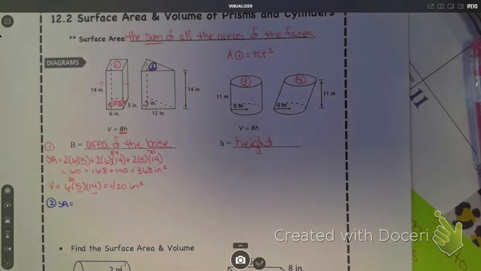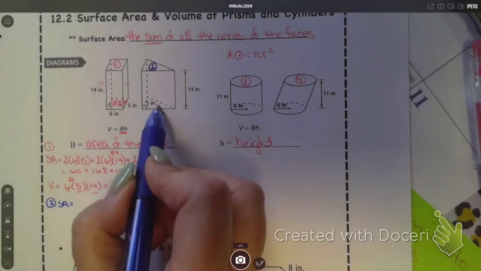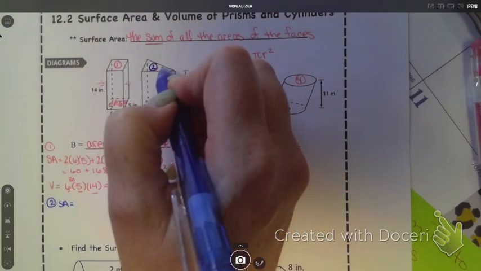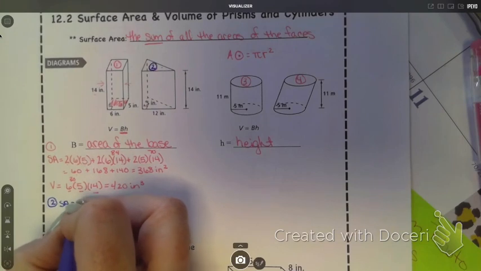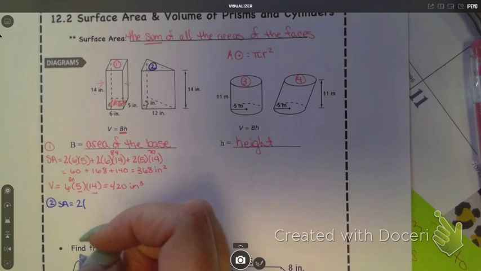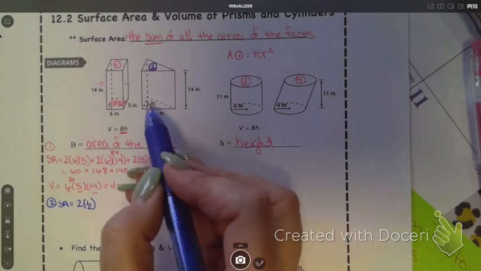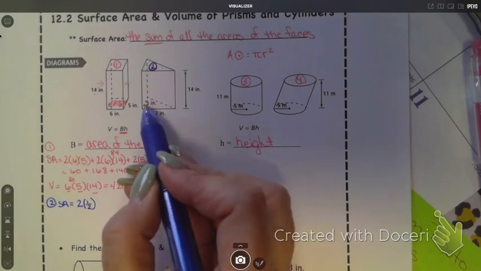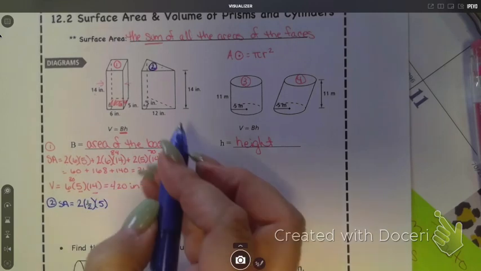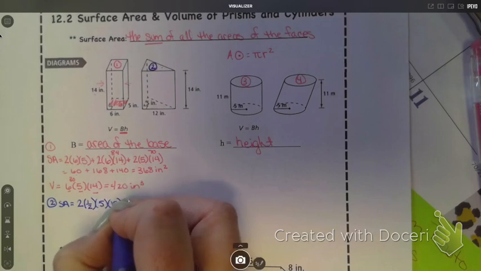Okay, so I always start with the base. So the base is this triangle. And if I have a base, I have a bottom and a top, right? So that's 2 of those. And the area of a triangle is what? Half base times height. So 1/2. What is the base of this triangle down here? 5. And what is the height of that triangle? 12. Plus,